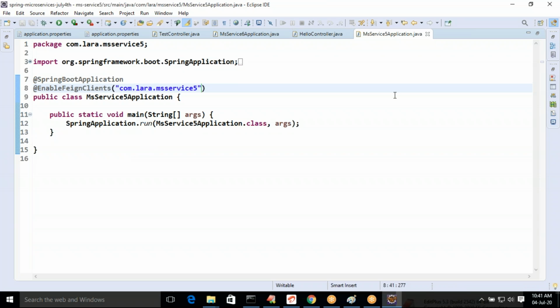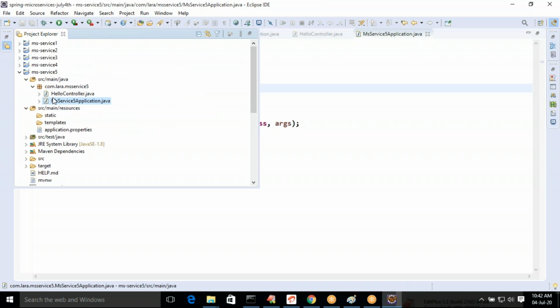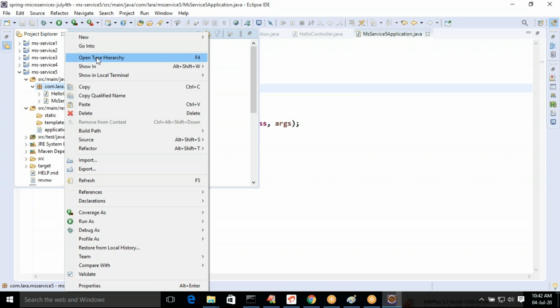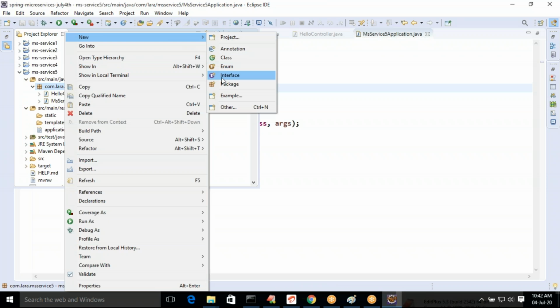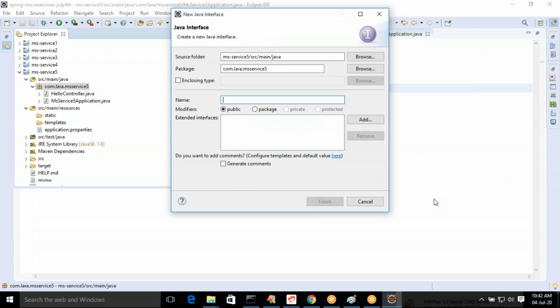Now we are ready to develop a proxy interface. Any name you can choose.